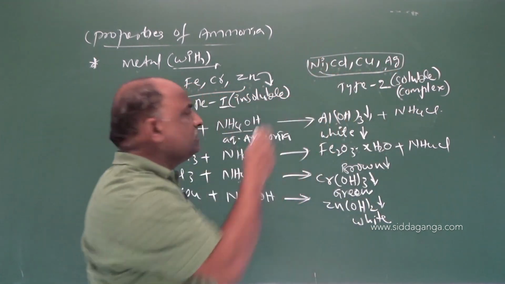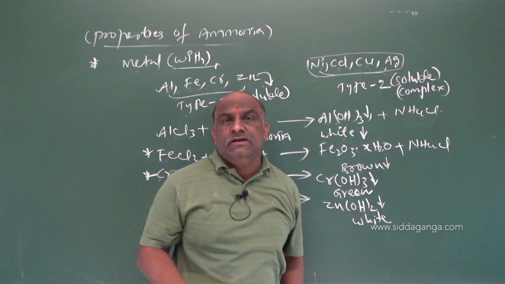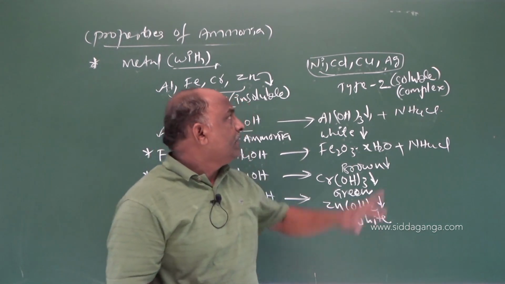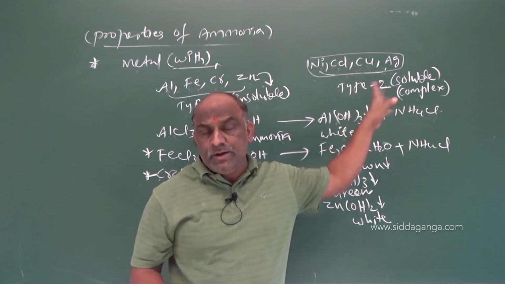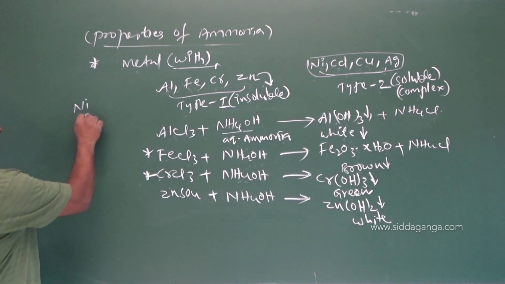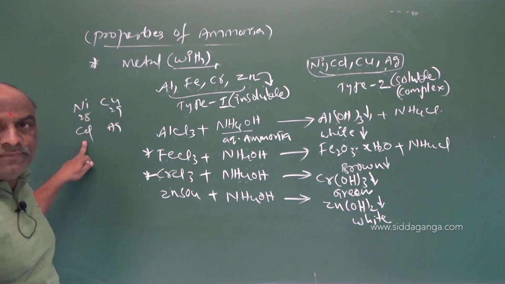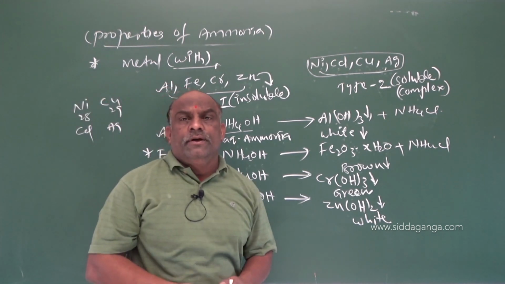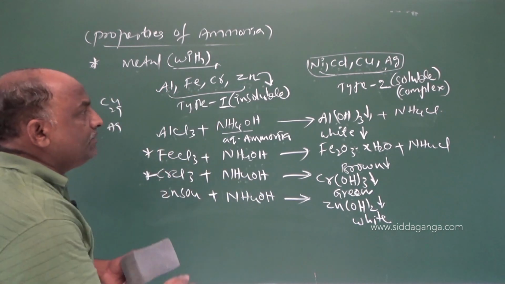How to remember these 8 elements? First, B group elements copper, silver, form characteristic color. Nickel and cadmium belong to the same group. Copper and silver belong to the same group. And nickel and copper are adjacent. Nickel is atomic number 28, copper is 29. After copper, silver, here cadmium. Copper, silver, nickel, cadmium. You have to imagine like this. Make a note to revise these elements, followed by nickel, cadmium, copper, silver.